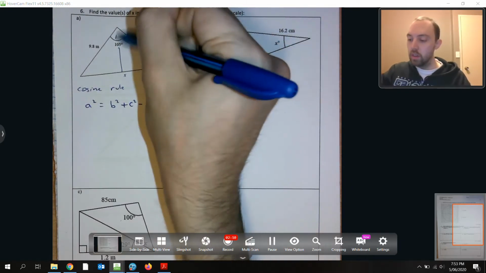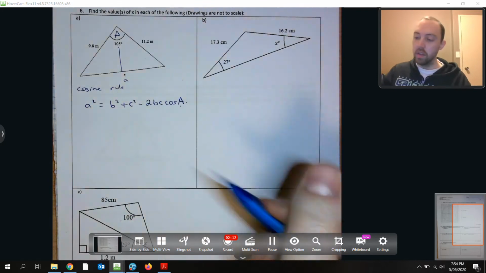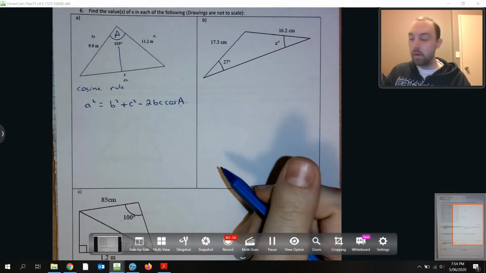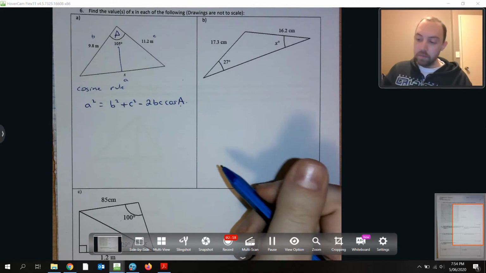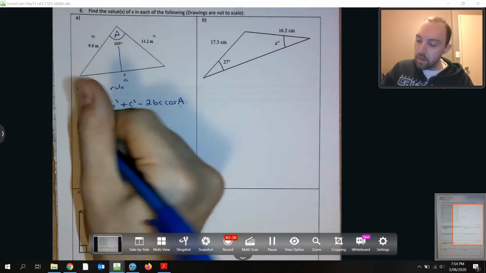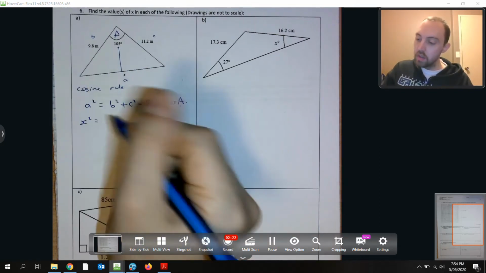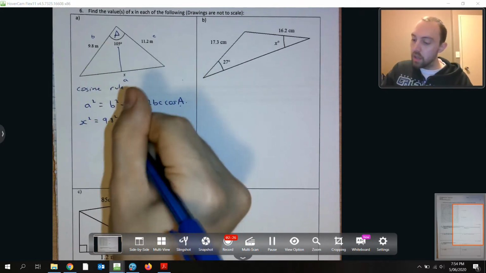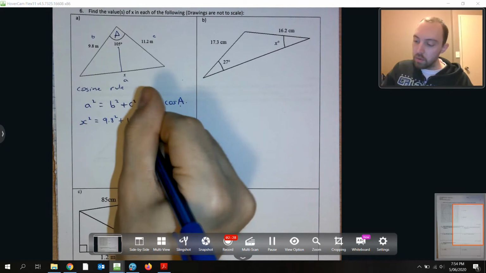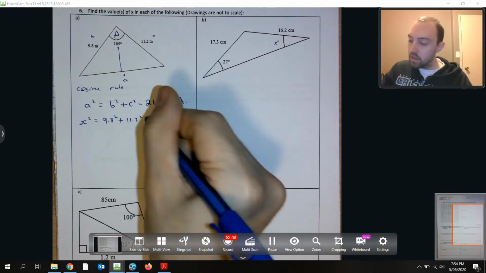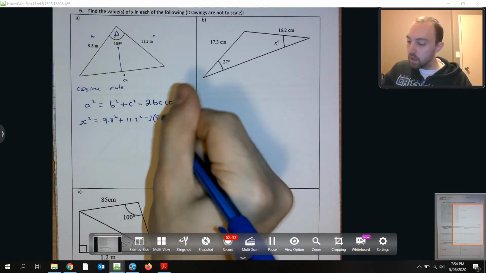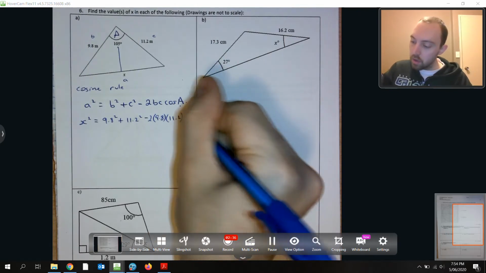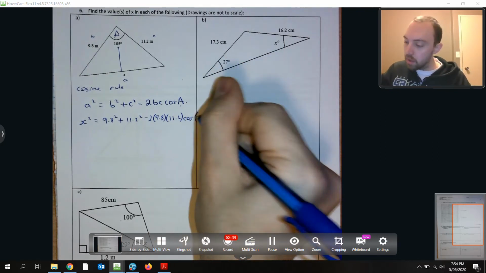So this would be little a. Doesn't matter whether this is b or c, really. So let's fill this in. X squared is equal to 9.8 squared add 11.2 squared, take 2 times 9.8 times 11.2 times cos of, and I'm running off the page a little bit,